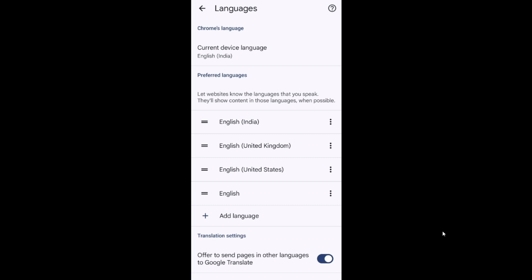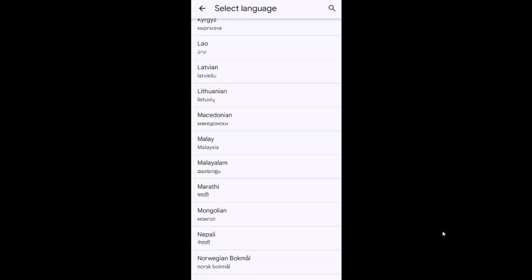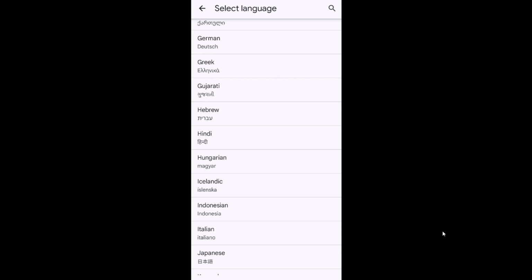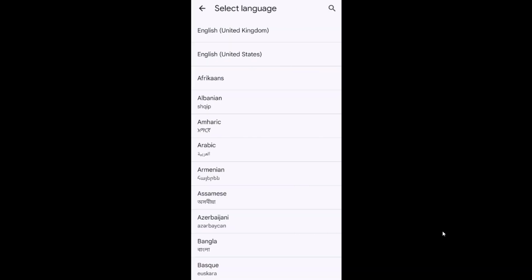So first, to change the Chrome's language, we are having the current device language, right? Click it and just choose any language of your choice over here. If you don't know your language, you can simply search it over here. So I'll just select any random language like this,